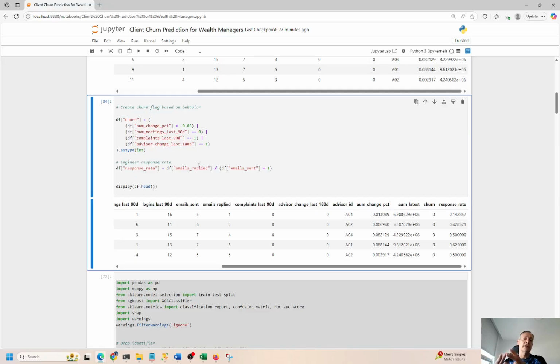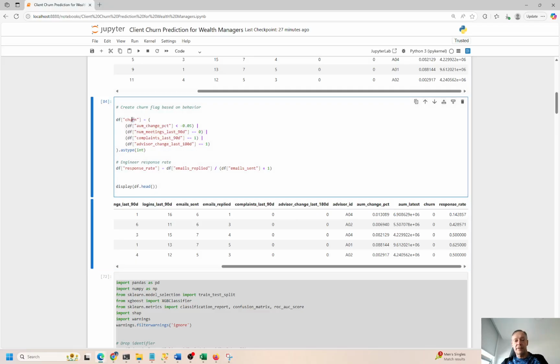So we want to try to understand the number of asset change percent. If it's less than 0.05, we can consider this potentially churning, or this symbol right here represents an or, right? So if the number of assets under management is less than 5%, or the number of meetings in the last 90 days is 0, or the number of complaints filed in the last 90 days is 1, or the advisor changed in the last 6 months, one time, we can anticipate that can be a